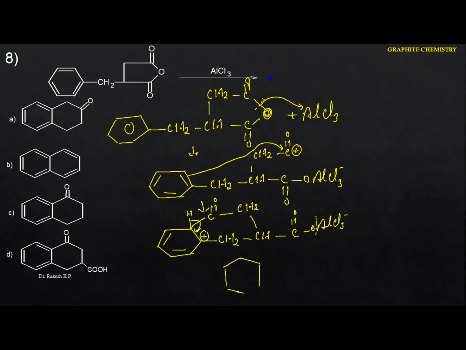This is the benzene ring. Okay, we got the benzene ring back here. So next thing is what? So what you are having, C double bond. So 1 carbon, 2, 3, and the 4. Let me write the word. This is the carbonyl group. And next thing we are having CH2.